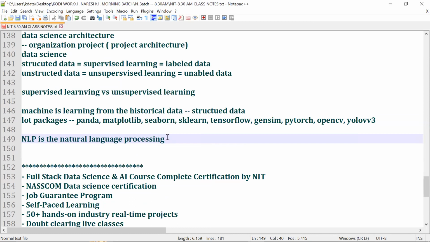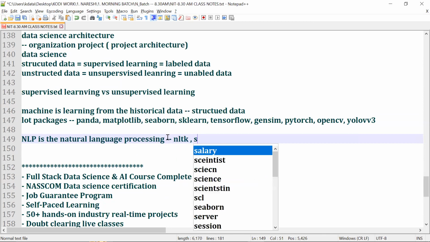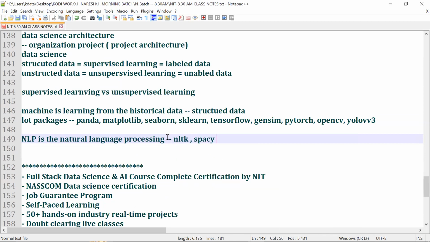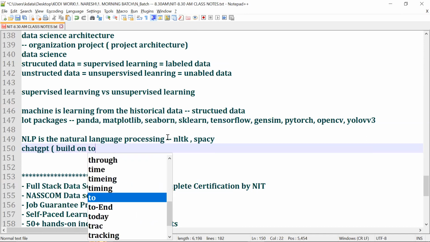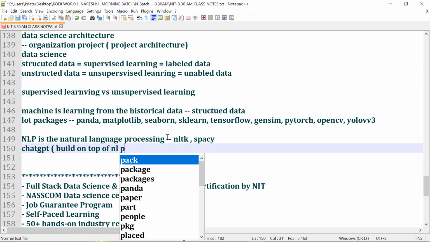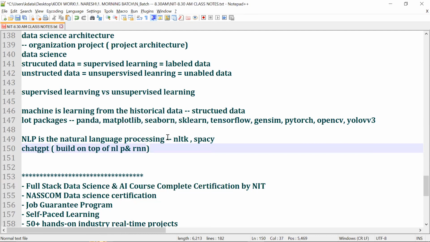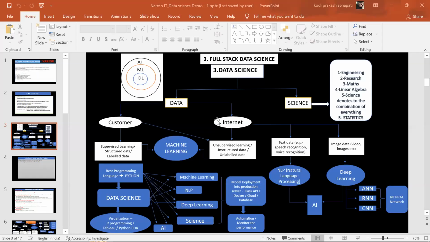We load some packages called NLTK, spaCy, all those things. I hope you have heard about ChatGPT. Yes, guys, ChatGPT is completely built on top of NLP and RNN. Team, are you getting my point? Now let's go to this point. So now let's talk about NLP.